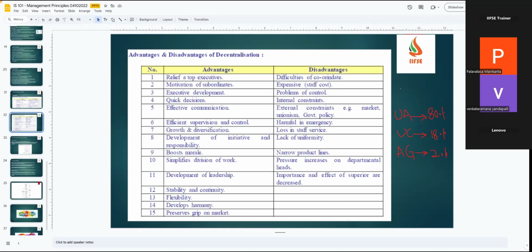Great. Thanks for the participation and your answers. So when you talk about unsafe actions, why is it 80%? Because where the number of people is more, there is a chance of an increase in unsafe actions. For example, in my process, there is no human intervention itself. There are no humans at all in my factory. So it indicates I can straight away eliminate 80% of accidents in my factory.